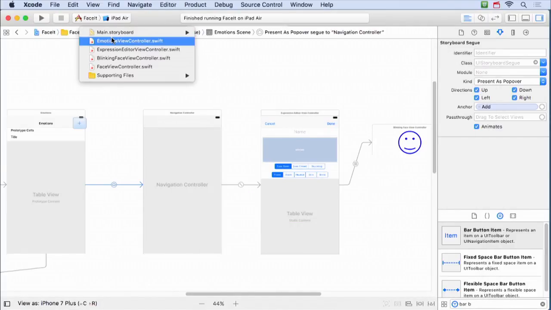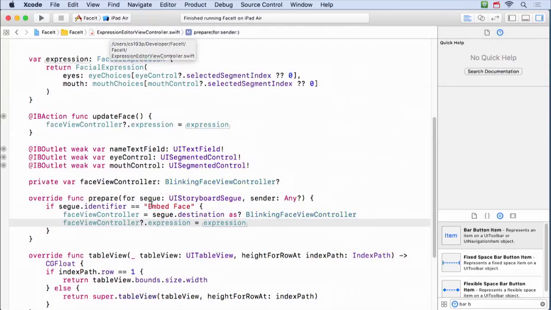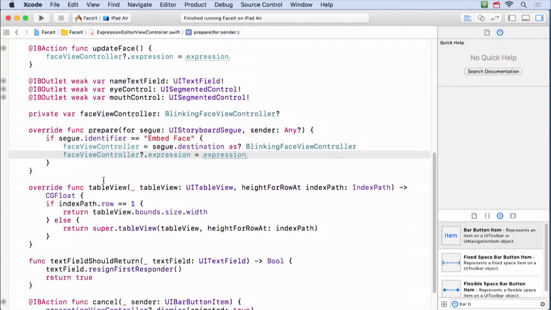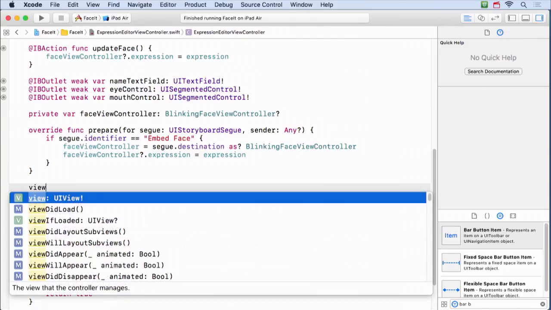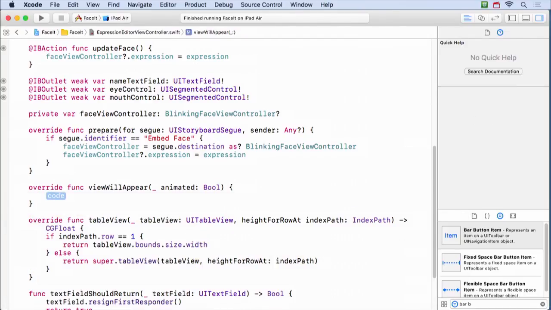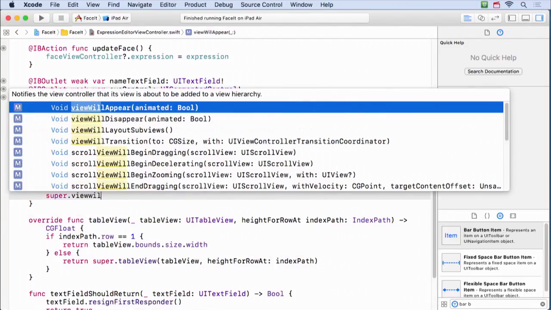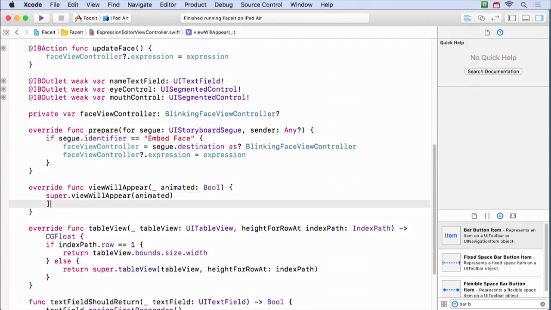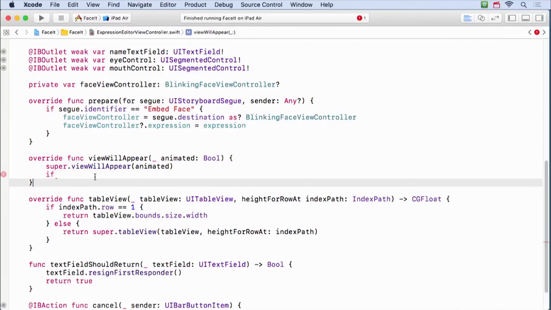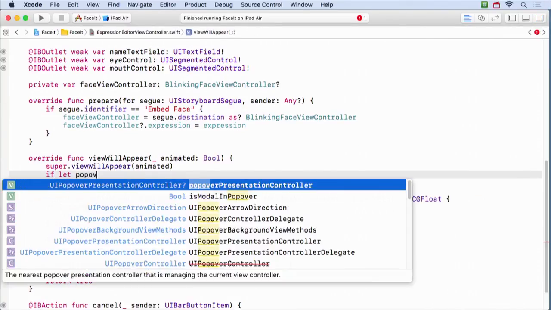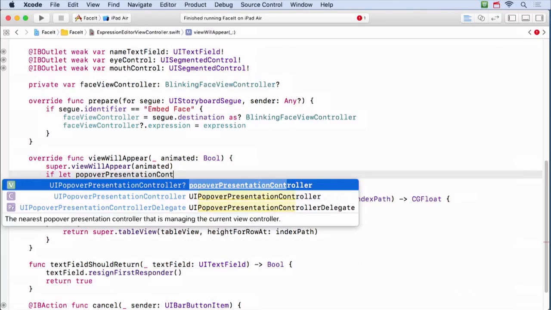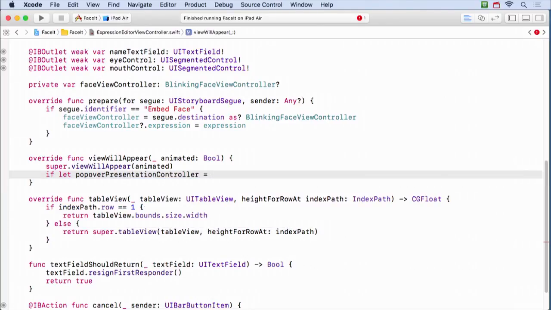Let's go back here to our editor. And in our editor, I'm going to do this in viewWillAppear. It's a nice late-in-the-game time to do it. So in viewWillAppear, super.viewWillAppear. I'm just going to say in here, if I can, and here I'll make it wide so that I have good variable names here, if let popoverPresentationController equal my navigation controller's